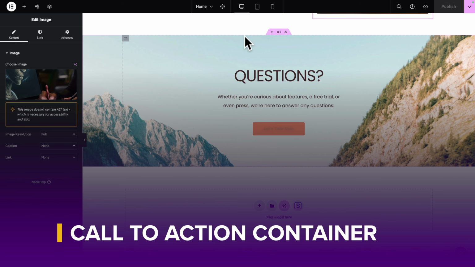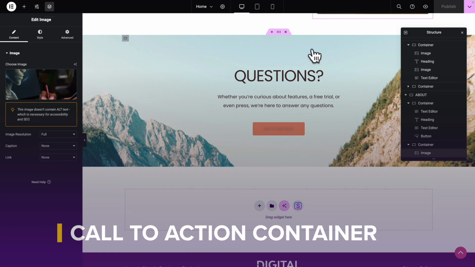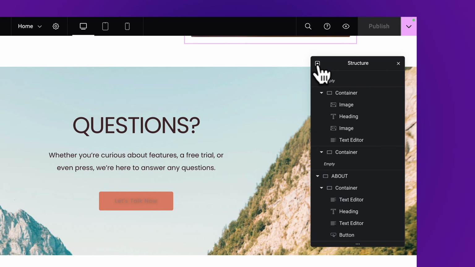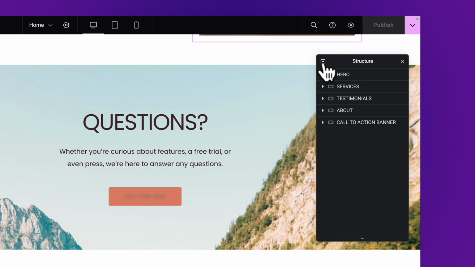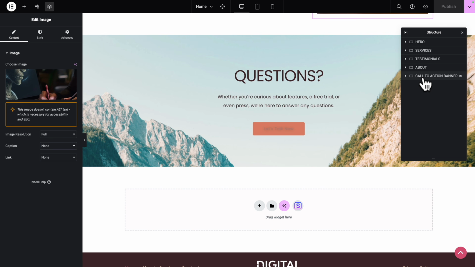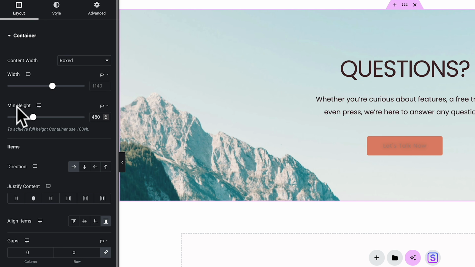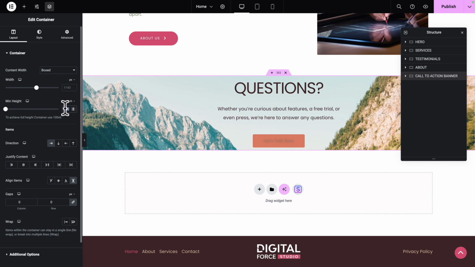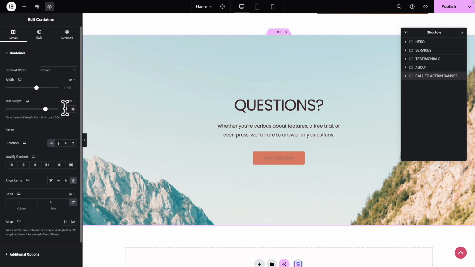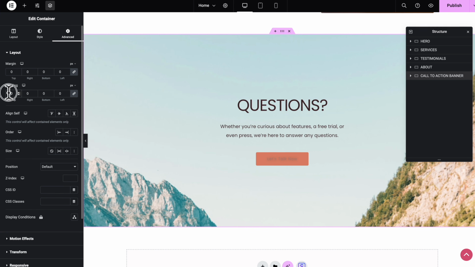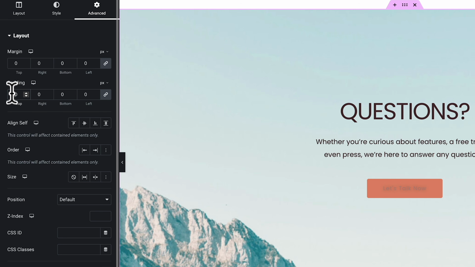So this is our last container for the page, and if you open the structure panel and collapse everything by clicking on this icon, you can see it's our call to action banner. So let's select it, and first where it says minimum height, you want to change the unit to VH and change the value to 75. Next, you want to go to advanced, and where it says padding, let's give it a padding of 40 pixels